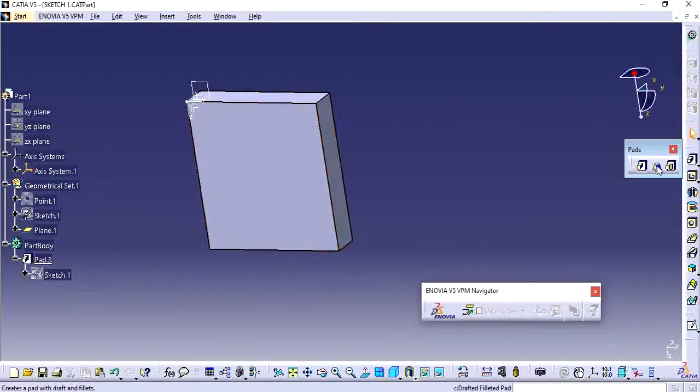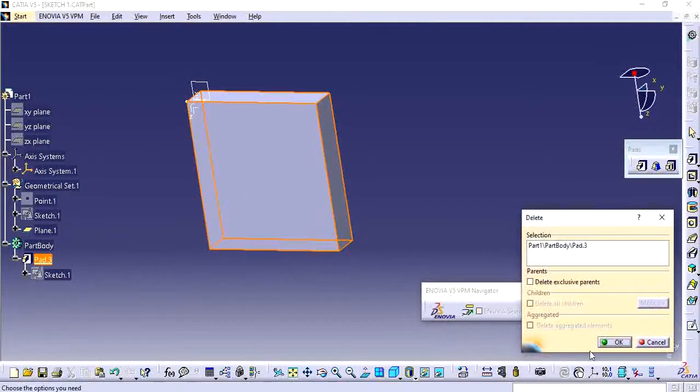So moving on to this one, we have drafted filleted pad. So in this one, draft and fillet operation will be done subsequently once you are done in the pad. So let me show how it is happening. So this option is for a quick and easy approach.